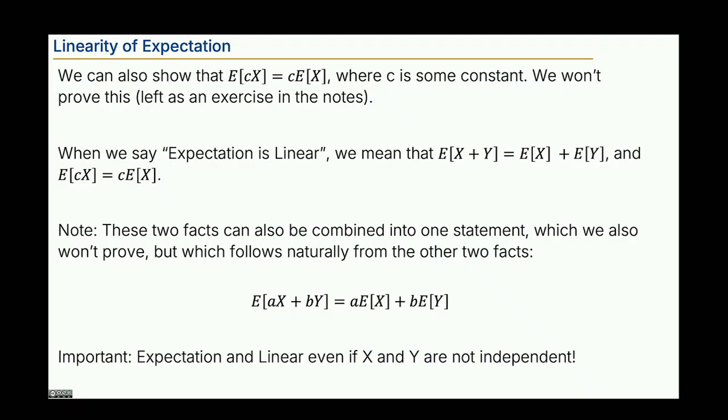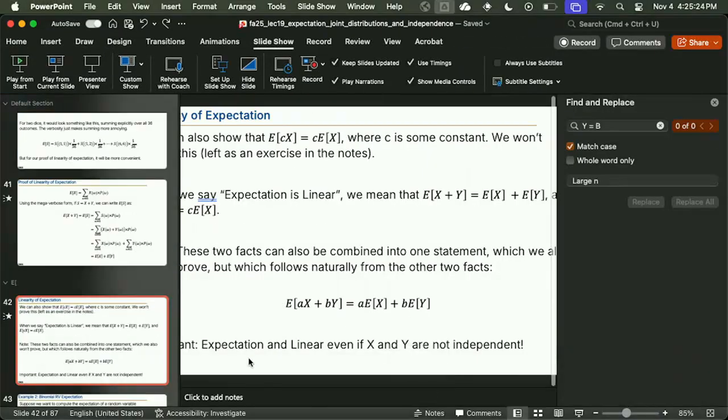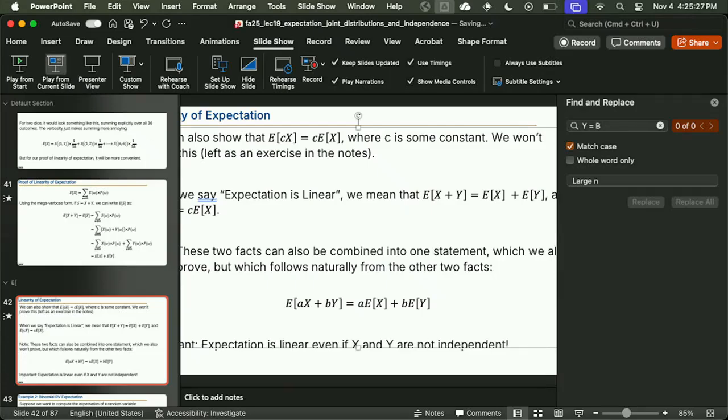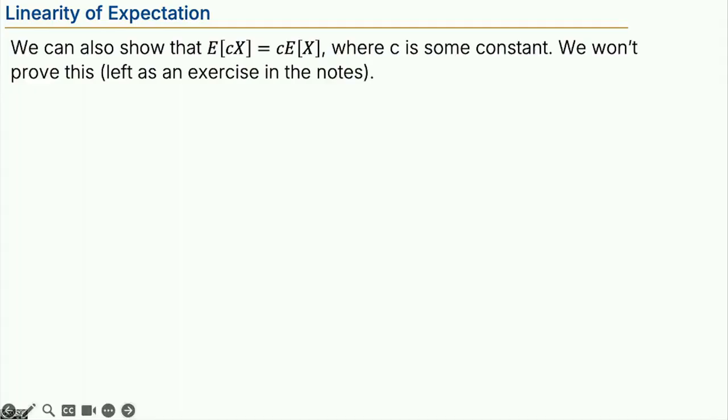Okay, so I want to note, derivation aside, I'm happy with the derivation, but I know it probably didn't sink in for lots of you. What I really want you to know is that expectation is linear. Expectation is linear, even if X and Y are not independent. They could be anything. So just to show you how powerful this idea is,